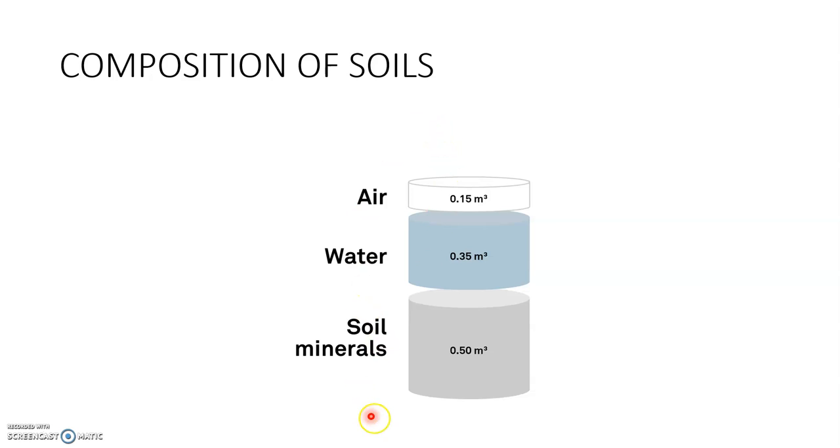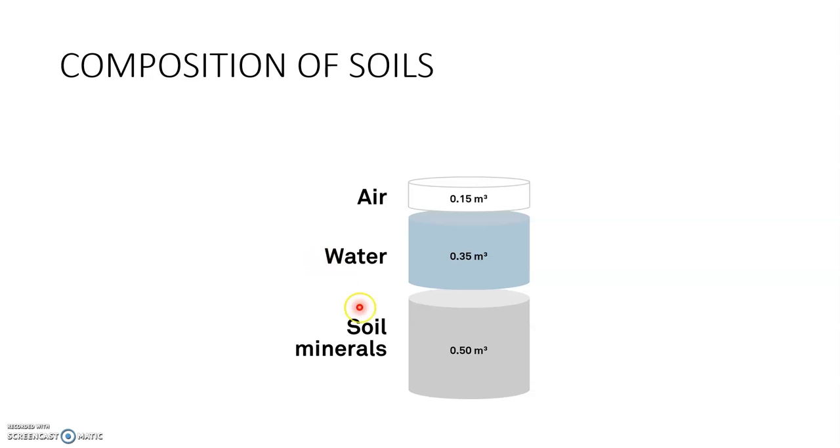So this is the general structure of a soil profile. It has soil minerals, water and air. We don't see it like this. When we have the soil profile, everything gets mixed into a single thing. We cannot differentiate this, but we can measure it by using the gravimetric method, which we have discussed